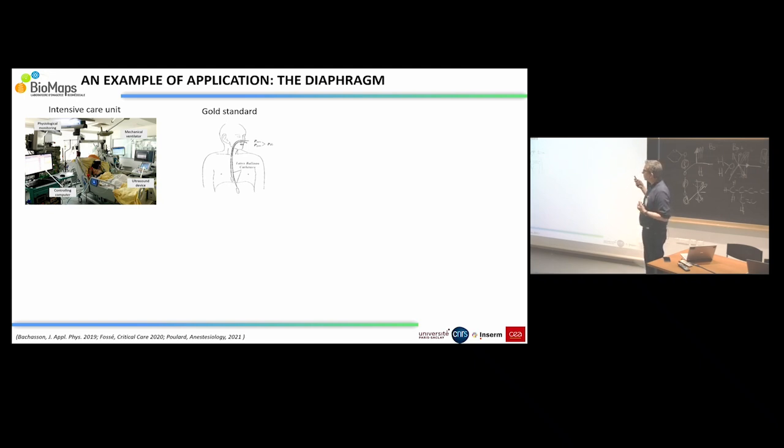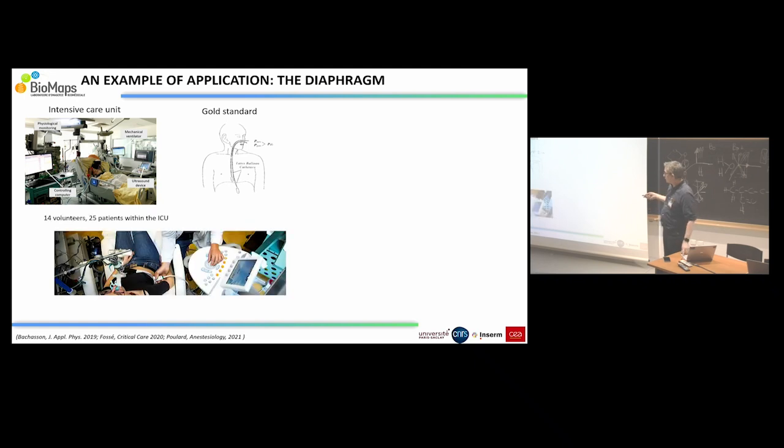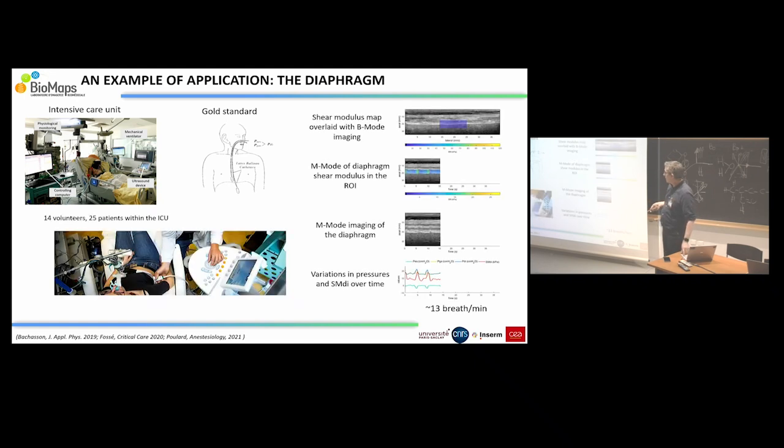And it is really important to know how the diaphragm is contracting to help patients, especially in the ICU, the intensive care unit, because the health of their diaphragm is very important to know if you can unplug them from mechanical ventilators. So we did some measurements on volunteers, and we showed that we were able to quantify stiffness